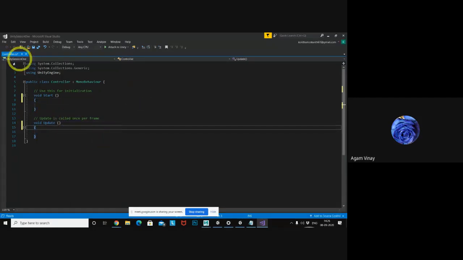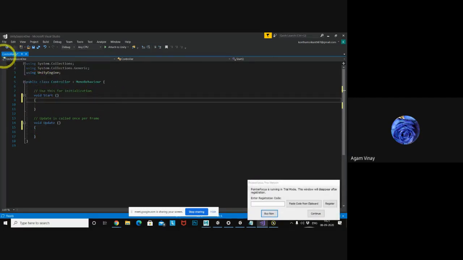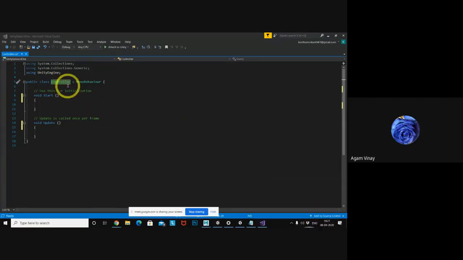As soon as you open the script, it is called the Controller class. The file name and the class name should be the same. That is the first rule of scripting. By default, whenever you create a script, two functions are there.